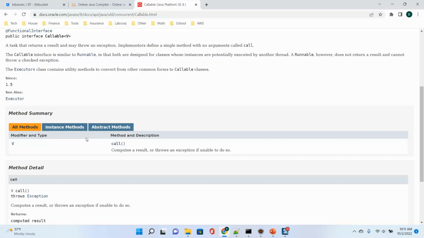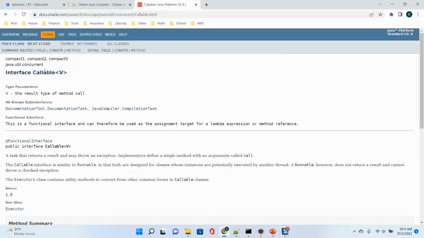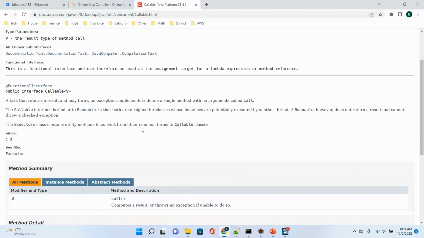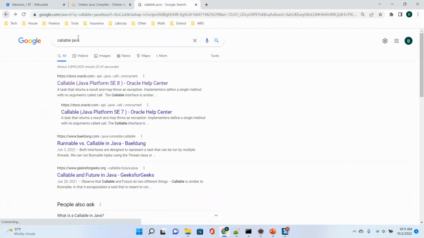Strictly speaking, callable is not a thread. It's not like a runnable. Callable will be wrapped in a thread. But the good thing for callable is it returns a value. That's very important. So each callable is a generic type. Okay, so we can still use the lambda function to use callable. So who will use callable? Then we can have a